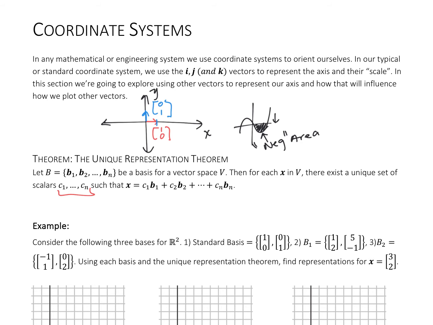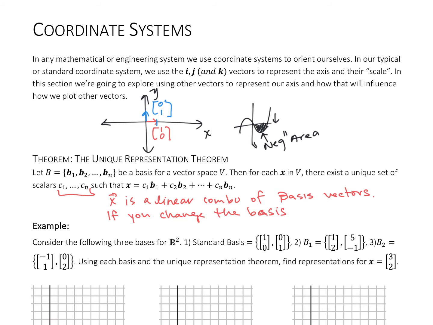So here's what I was going to say. x is a linear combination of our basis vectors, and only one set of scalars is going to get you x. So if you change the basis,